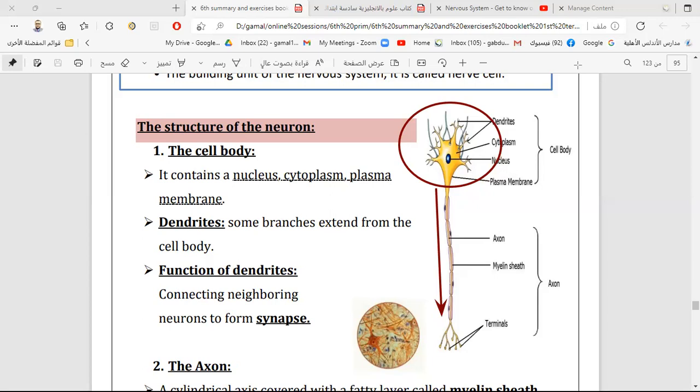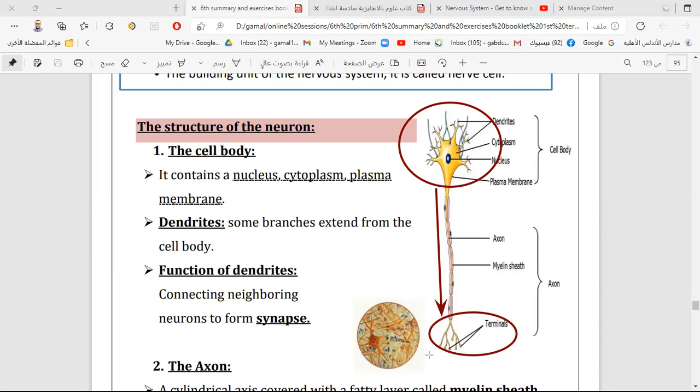So the axon passes through the spinal cord, then through the nerve, then it reaches all body parts, like your finger. Your finger has an axon or nerve. The nerve in your fingers makes you feel touch or hot or cold. This nerve has terminals of the axon. You feel cold or hot because there are terminals in your finger, which come from the axon of the nerve cell.